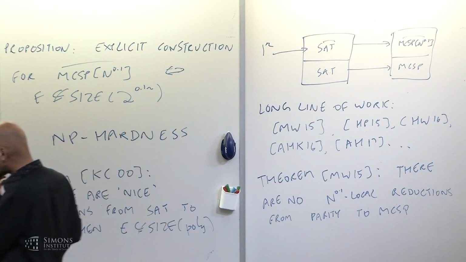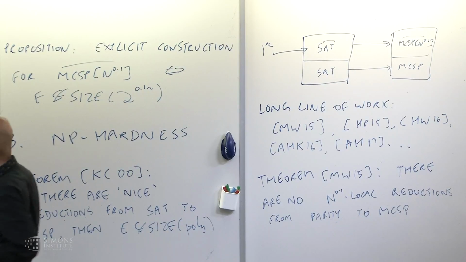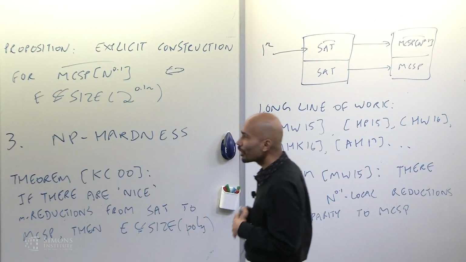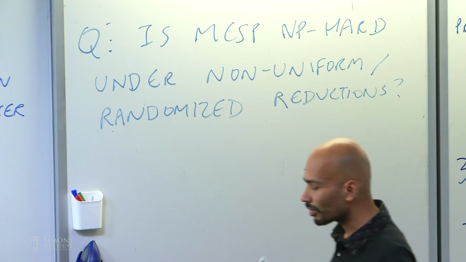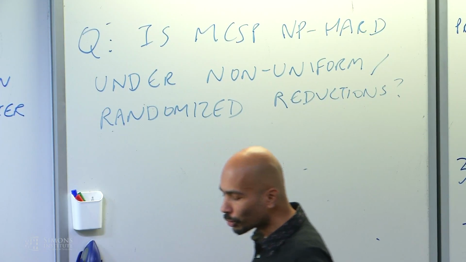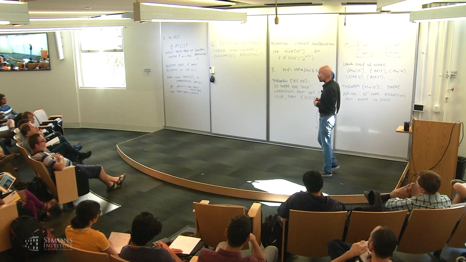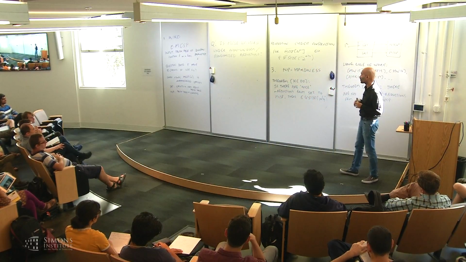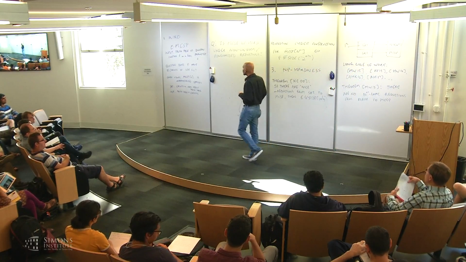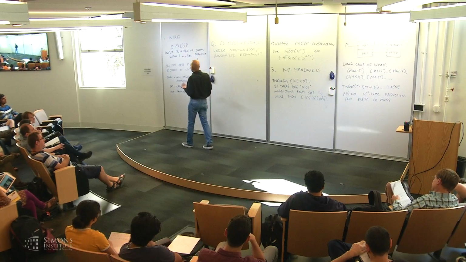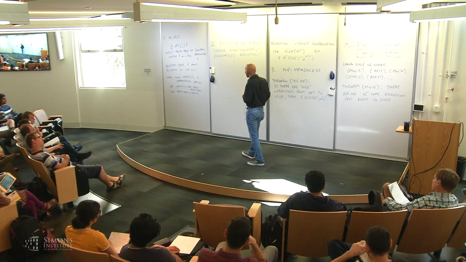Okay, so that's the status of the MCSP problem for general circuits. But we could look at it in different ways. We've defined C-MCSP, and we could look at some simpler classes of circuits. It seems that the reason we're unable to show NP-hardness results is that we don't know how to show superpolynomial circuit lower bounds. But there are lots of models for which we do know how to show superpolynomial circuit lower bounds, for DNFs, for AC0 circuits, AC0 mod p, and so on. So if you consider these models, do you get a hardness result if you look at the lower bound techniques in the proper way?